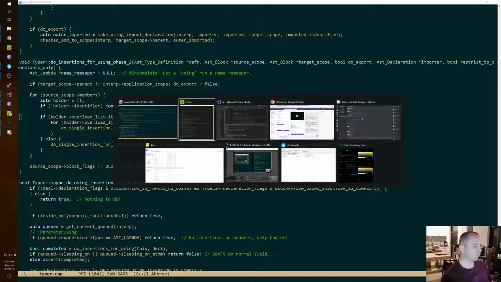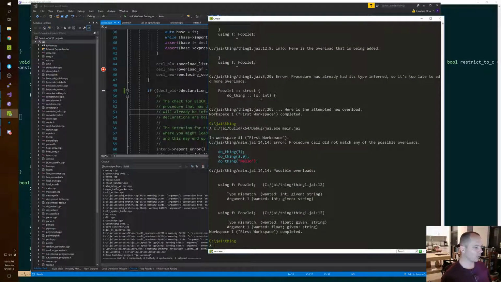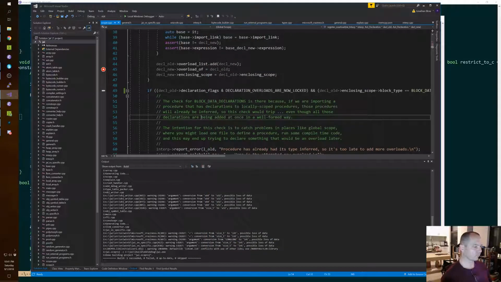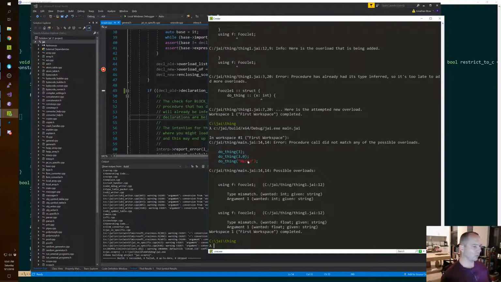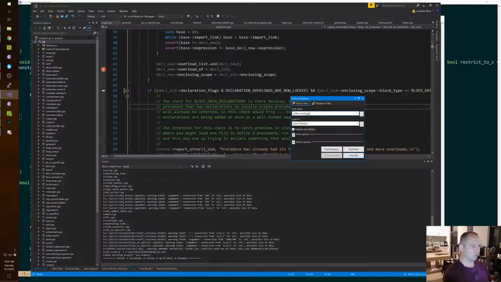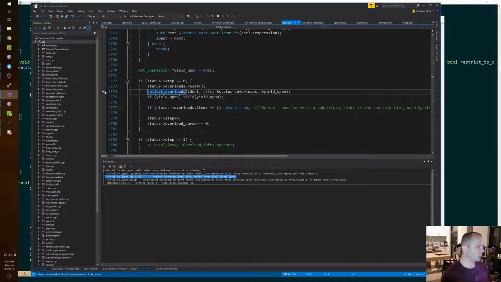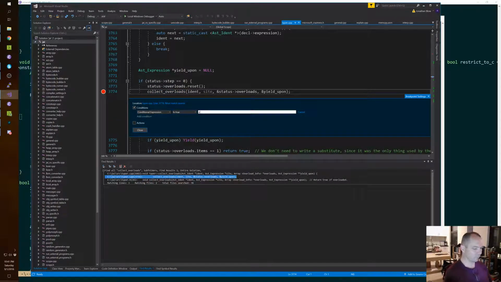Well, let's just take a look. We're just going to look. So line 14, collect overloads, is where we get these. It's not called line number anymore, it's called L0.